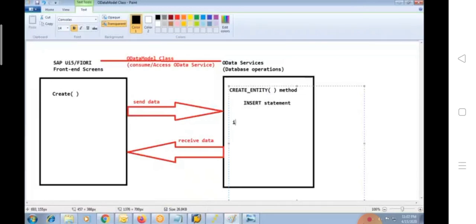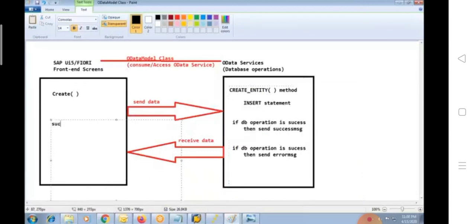If the insert operation, the database operation, is successful, then send a success message from here. If the OData operation fails, then you can send an error message from here. That is possible. And if you are sending a success message, in the front end you can display it by using the success callback function. We call it a success callback function and a failure callback function.